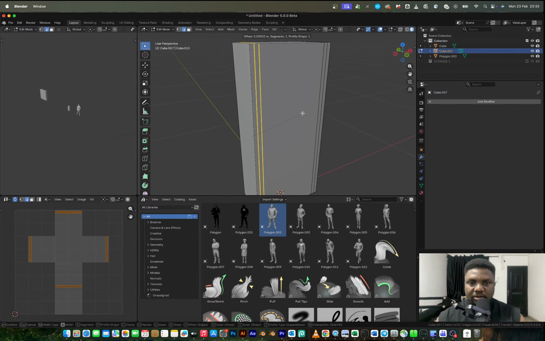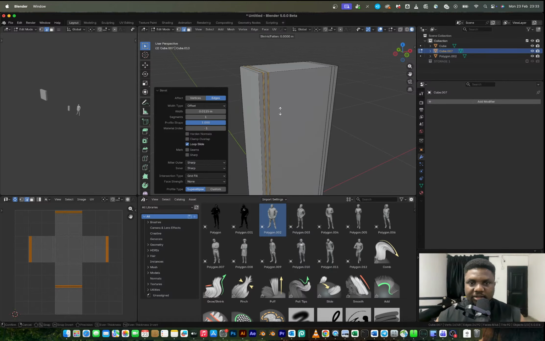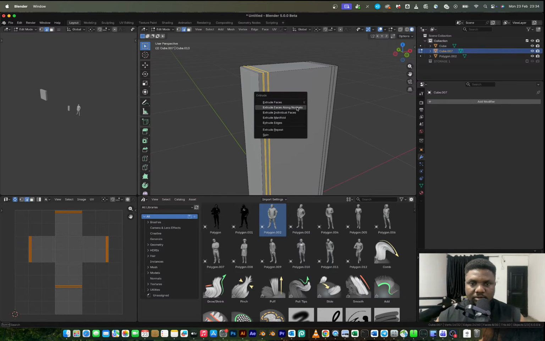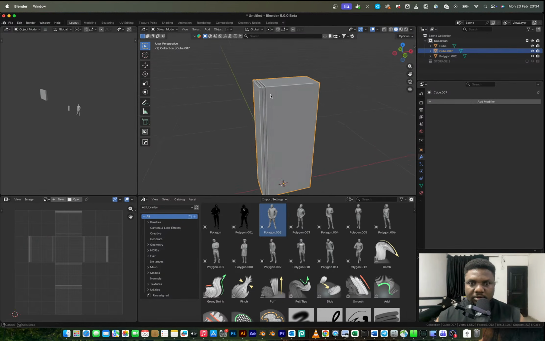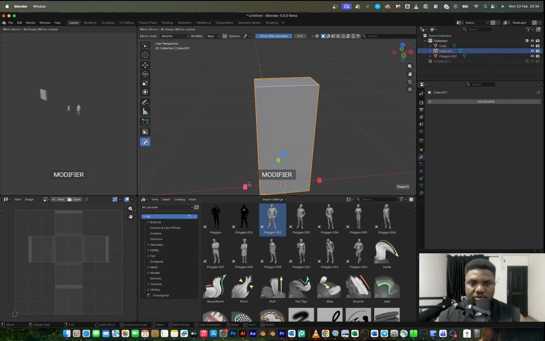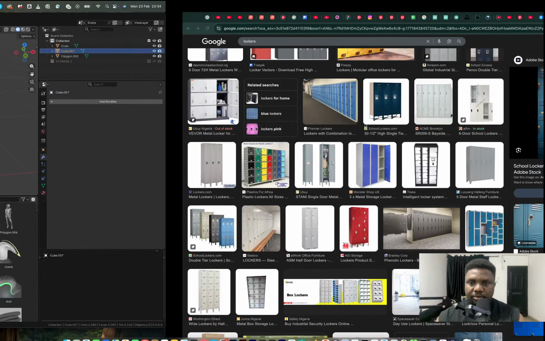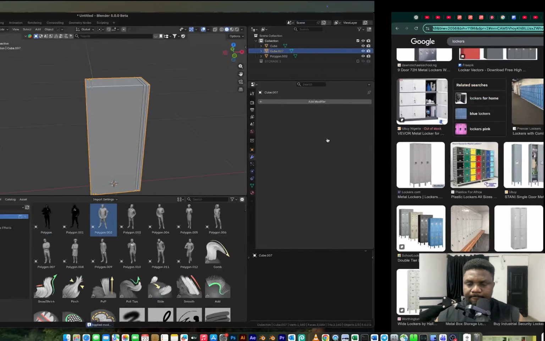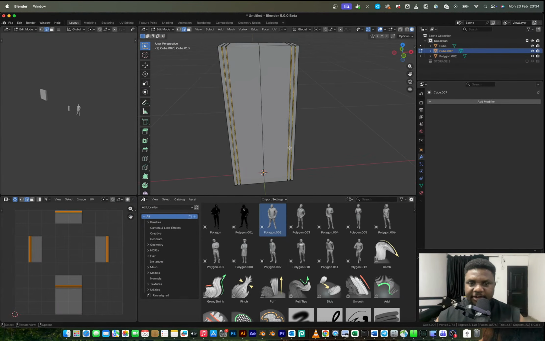Cut here, bevel that, apply scale. Along normals, flip horizontally, then I think right here